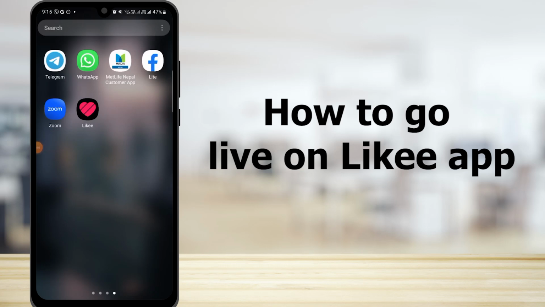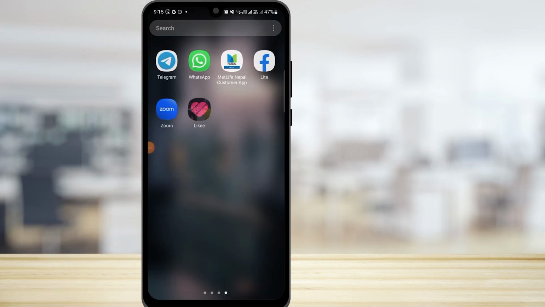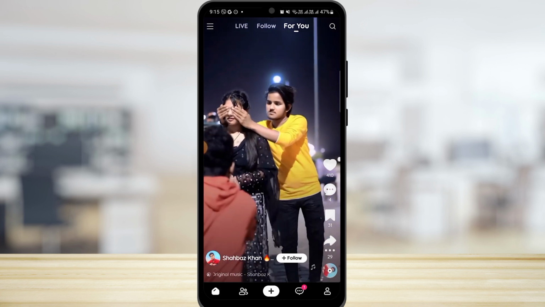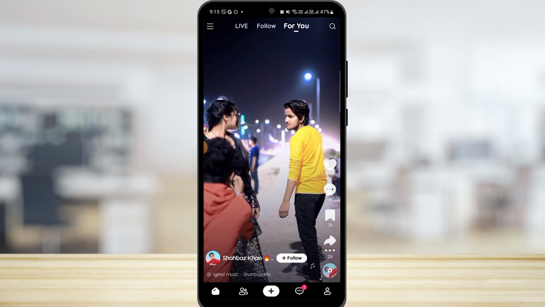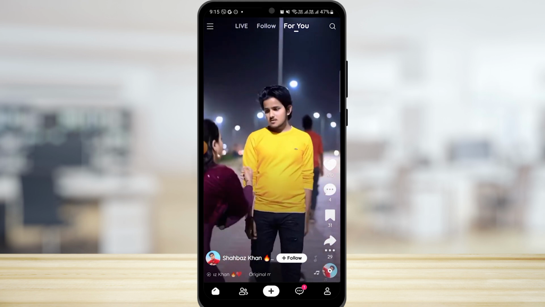How to go live on Likee app. First, open the Likee application on your device. If you don't have it, you can download it from Play Store. Now make sure that you're logged into your account, because if you're not logged in, you will not be able